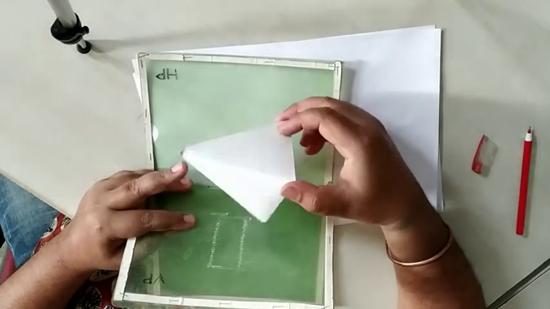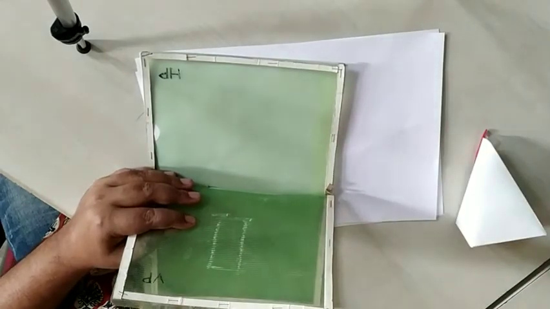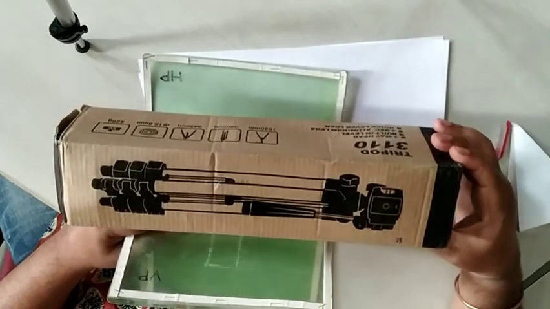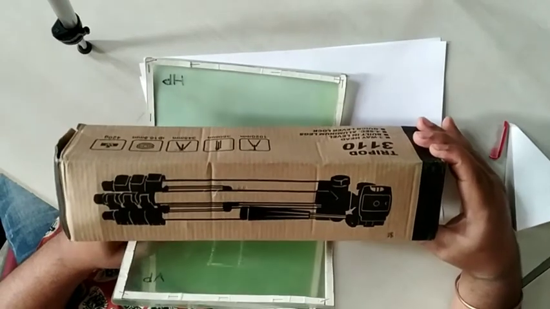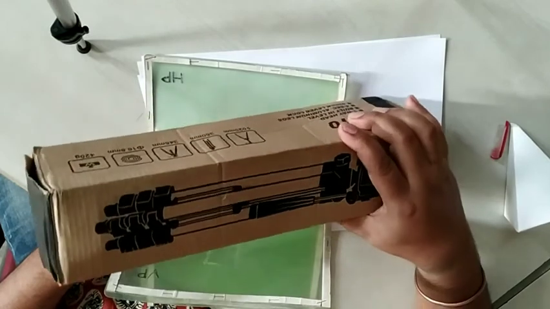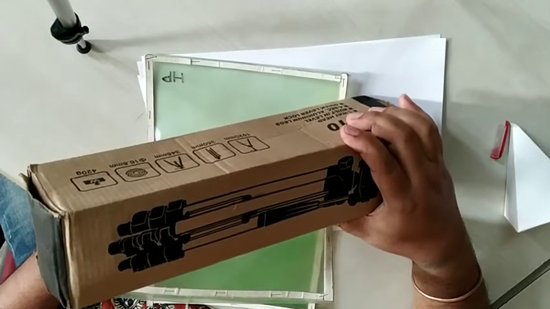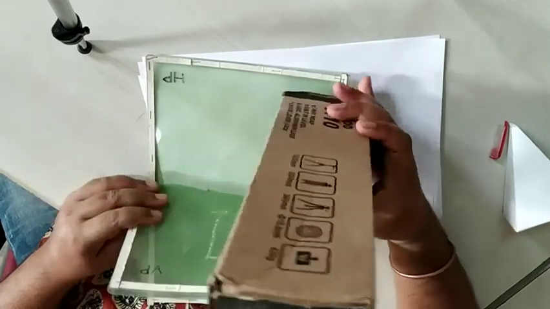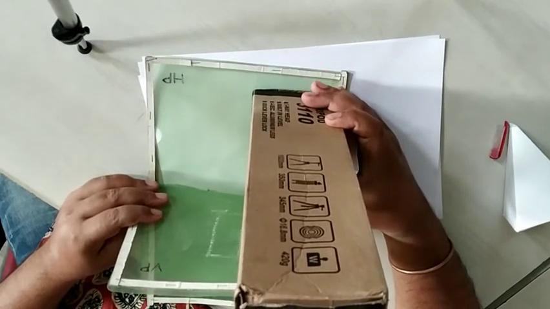Now, first condition being the axis is parallel to both. If I take the example of this one, in this condition if I keep it like this, the axis of this cuboid is parallel to both HP and VP. And slowly what I can do, I can keep on inclining this. And now the axis of the solid is inclined to HP but parallel to VP. And this can go on until it becomes like this, where the axis of the cuboid is perpendicular to HP